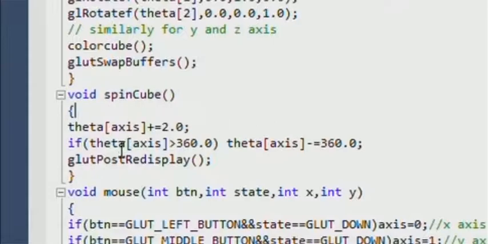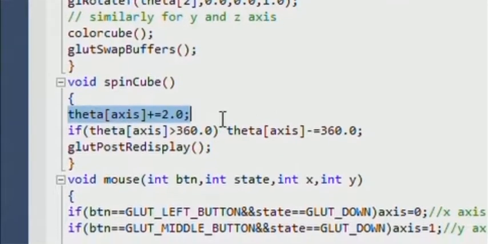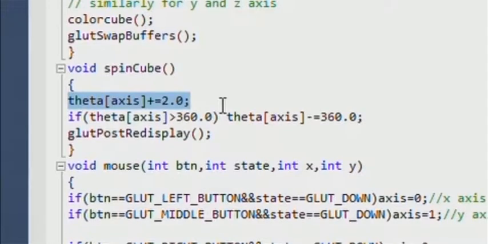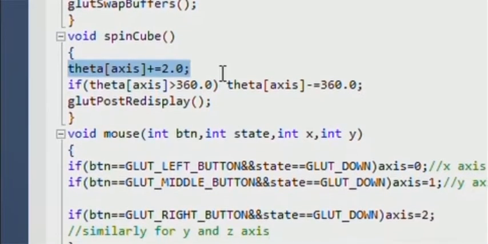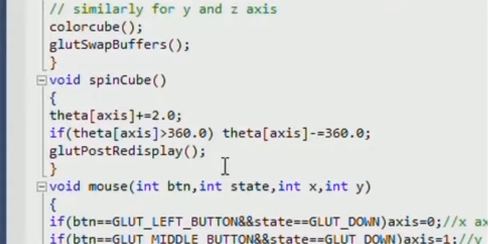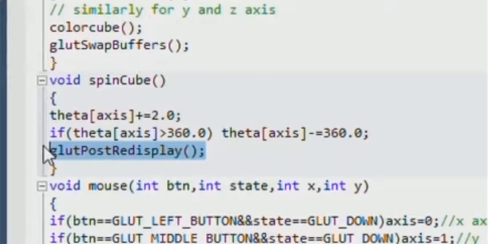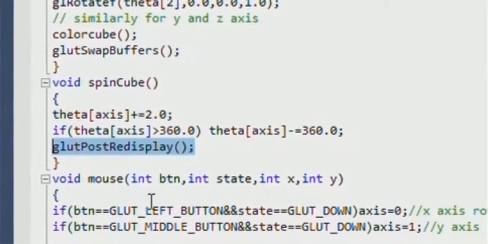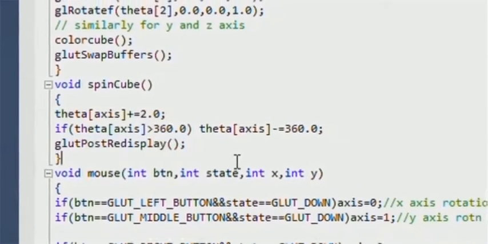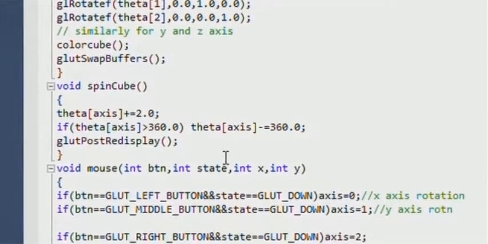This line in this function, theta[axis] plus equal to 2.0, that is theta[axis] equals theta[axis] plus 2.0, will spin the cube by 2 degrees about the selected axis. Now glutPostRedisplay marks the current window as needing to be redisplayed. It displays the view function again and again.